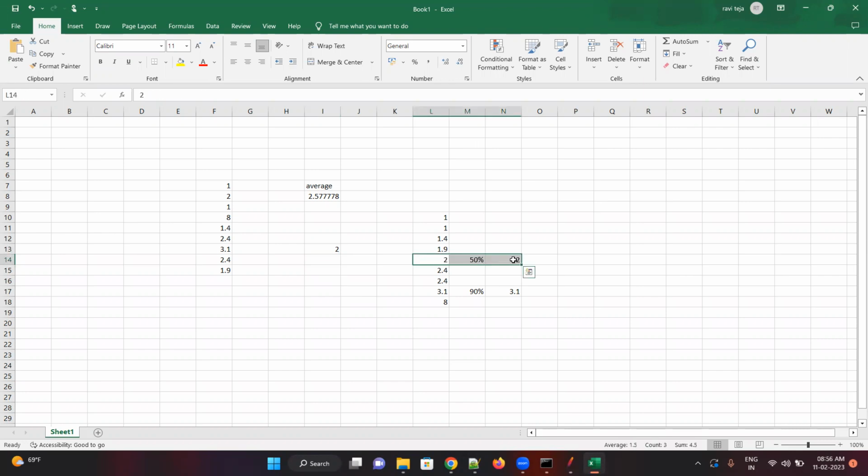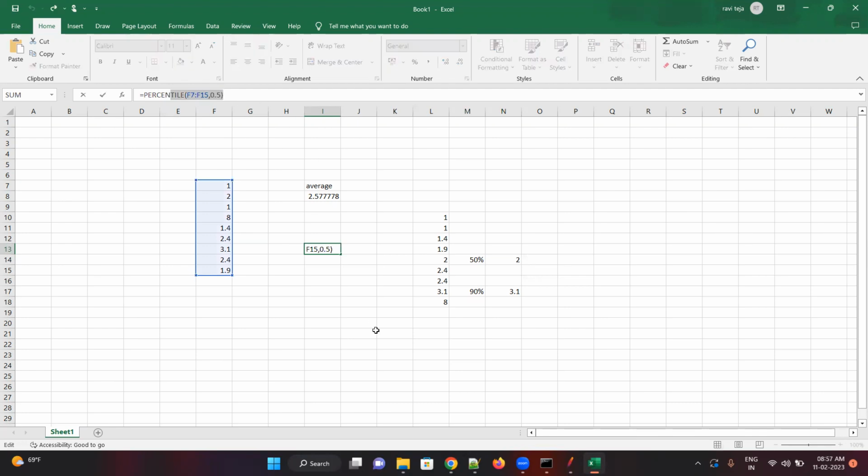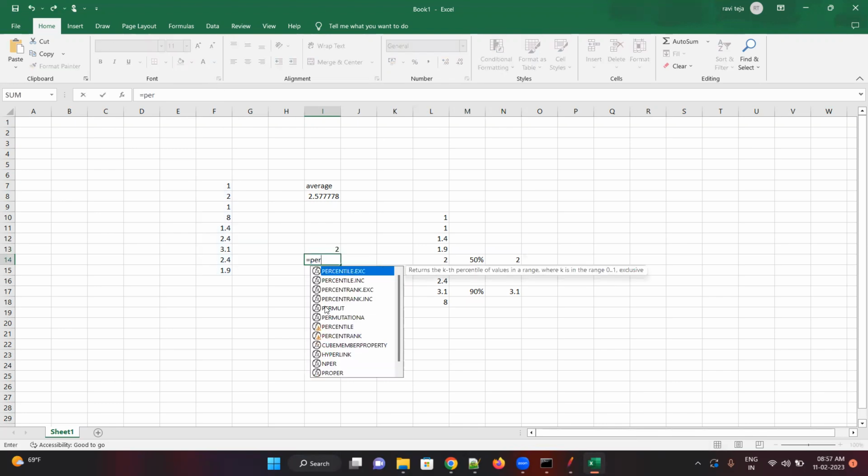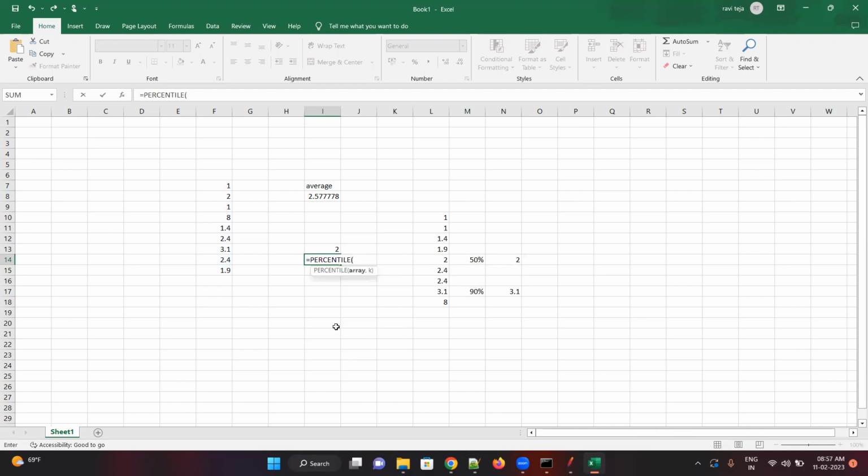What is our 50%? It's 2, right? Manually also, and what our formula has given is the same. You should know how it's calculating internally. So let's calculate the 90th percentile: equal to percentile, your array data, comma, 90% means 0.9. So you got around 4.08